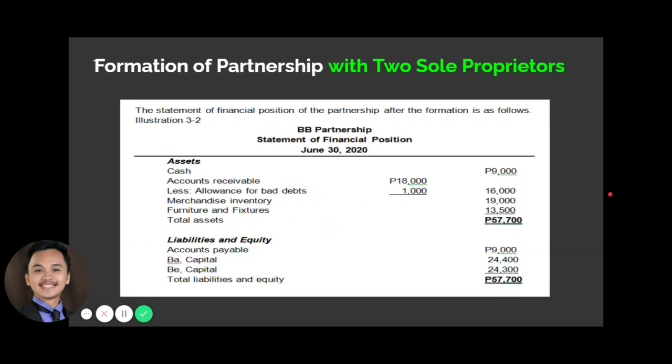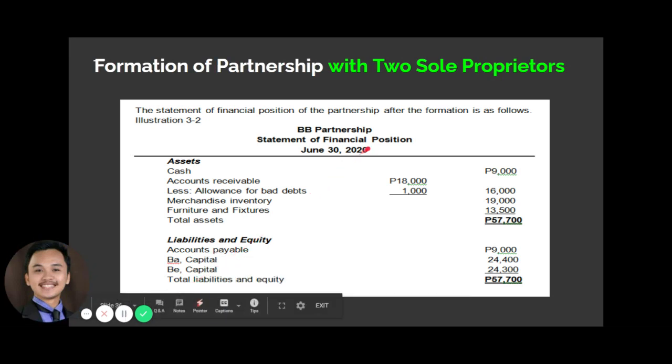Until such time nga maka-create na ta og FS, particularly statement of financial position at the end of the formation of the partnership. These are already the combined assets and liabilities of both partners, Ba and Be. They will now have a total cash of 9,000, AR of 18, and then allowance for doubtful nga 1,000, merchandise inventory nga 19, furniture and fixtures of 13,500. And then, we have accounts payable nga 9,000, Ba capital of 24,400, and Be capital of